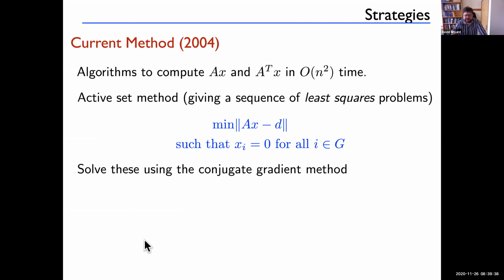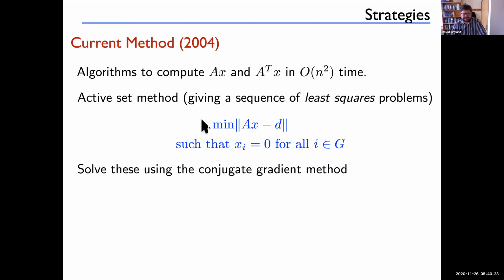Okay, so the current method, which Vince and I came up with around 2004 in time for the MPE publication: we first noted that there's structure in this matrix A we can take advantage of. Given any vector, we can compute A times a vector, or A transpose times a vector, in n squared time. And that's linear in the number of rows or columns, so that's as fast as you're going to get. And we implement an active set method that's textbook for the least squares problem. There are interior point methods, but they're not so useful when we have a solution that's expected to have lots of zeros.